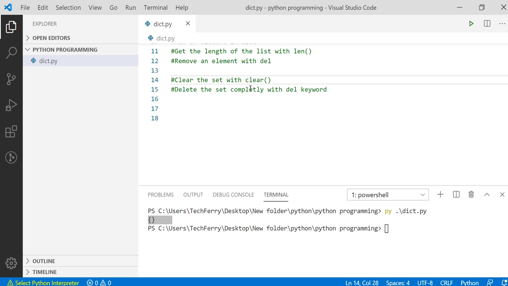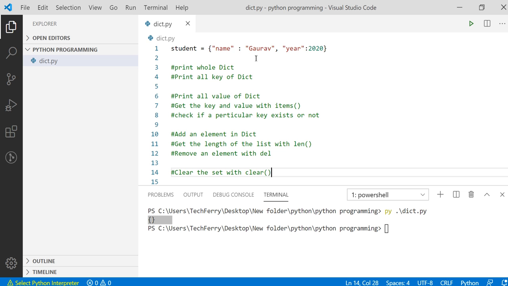If you see clearly over here, the difference between clear and delete is that clear removes all the elements present in our dictionary, but the delete method deletes it completely. So these were the operations which we can perform over our dictionary data structure. If you have any doubt in dictionary, you can write it in the comment section. I will take you into more detail about dictionary in the next video tutorial, when we will be learning about the difference between list, set, tuple and dictionary.